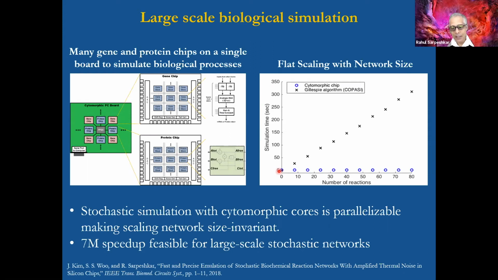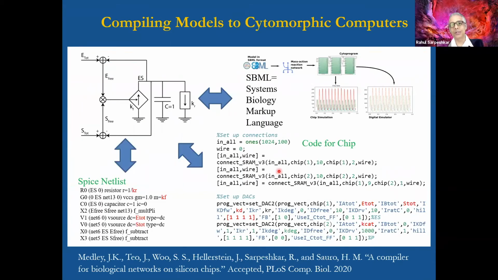But this is not enough because you don't want to be hand coding this. You really want to compile the thousands of models that we already know that describe biology into these chips in the same way that we write code in a high-level language like Java or C and compile it into machine code that runs on the Intel chips. And in a sense, what I've told you is how you build BioIntel chips that are digital inside and outside, but